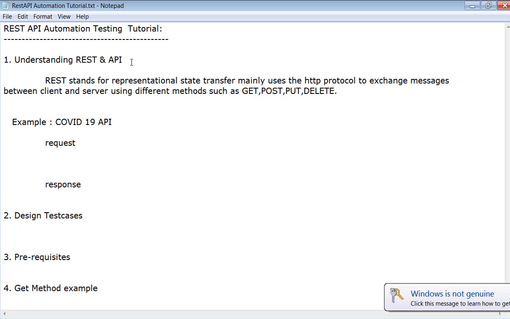And in today's video, we're going to discuss how do we automate REST services for the get method using the Rest Assured API.